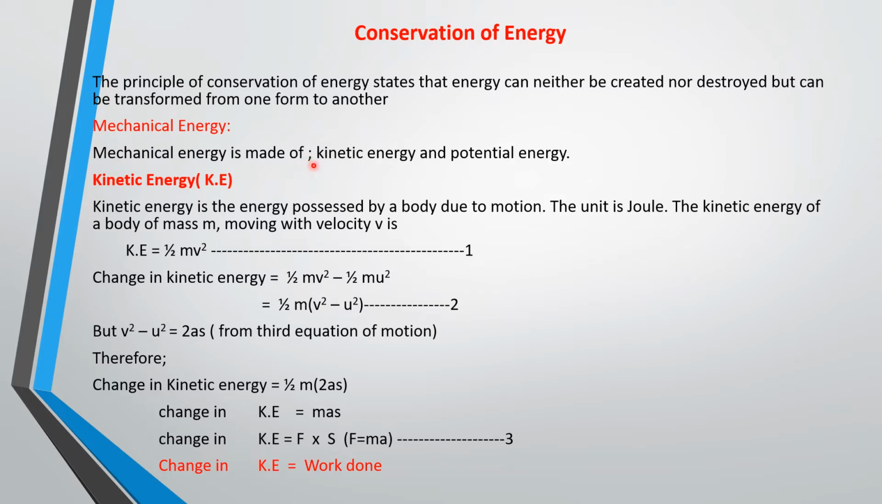Mechanical energy is made up of kinetic energy and potential energy. So what is kinetic energy? Kinetic energy is the energy that a body possesses due to motion. Energy possessed by a body due to motion is known as kinetic energy. So a body that is in motion, a body that is moving, the energy that it has is called kinetic